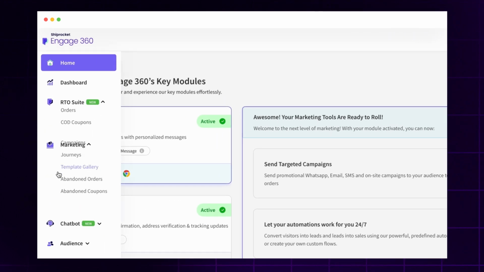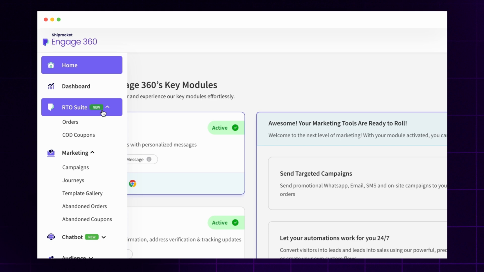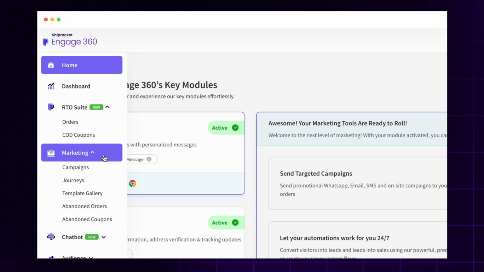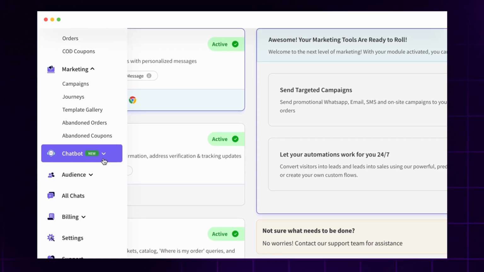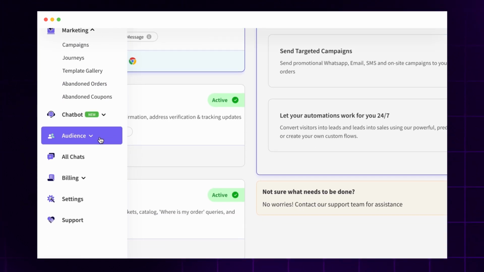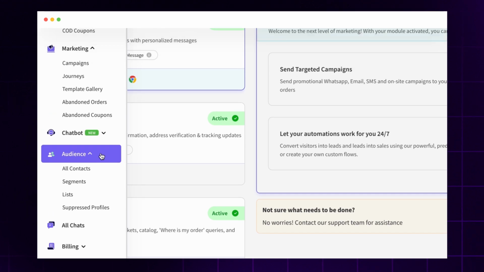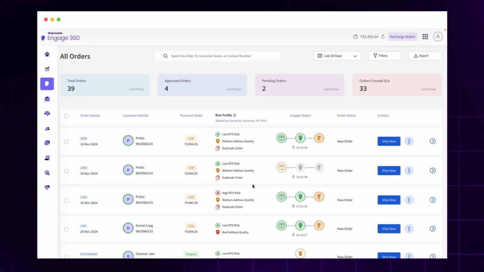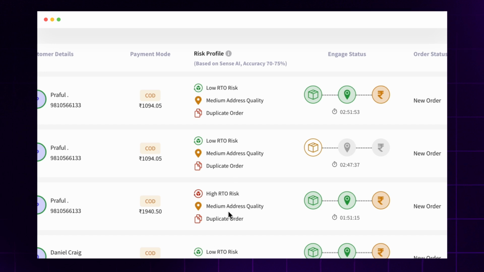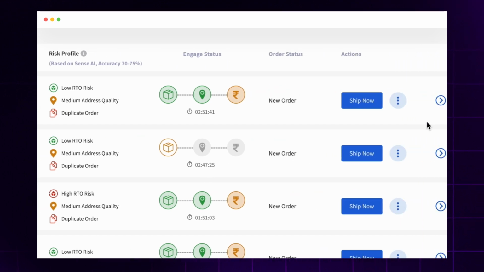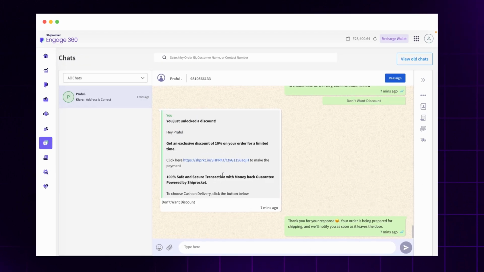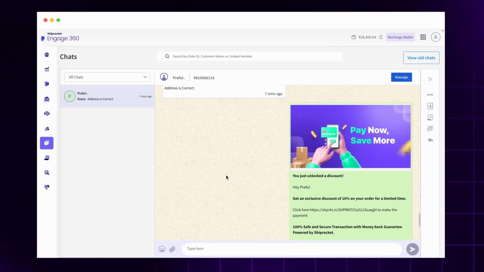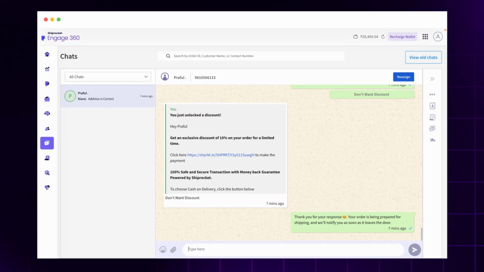The Engage panel is basically a product that helps in managing omni-channel communication related to RTO reduction, running marketing campaigns, having a chatbot, and also a customer data platform to do intelligent segmentation. As we go into details for the RTO piece, you can see there are multiple intelligent data points to be able to make decisions for the sellers that help in driving intelligence using AI. Sellers can also decide to chat from the panel, opening communication directly with their buyers from the panel itself.